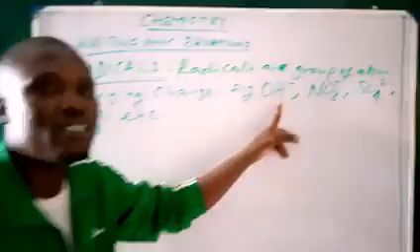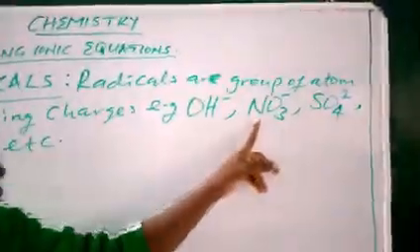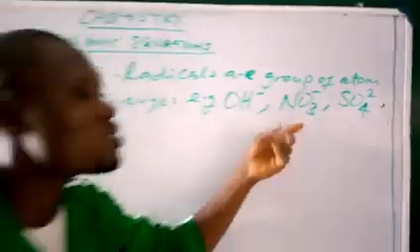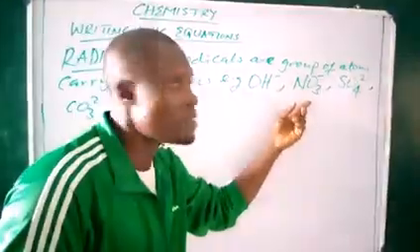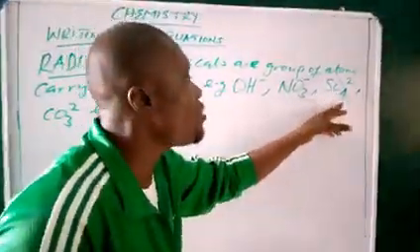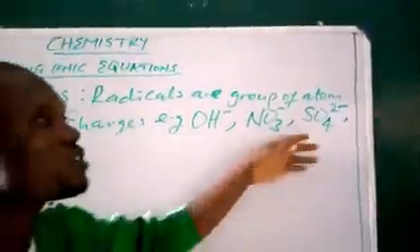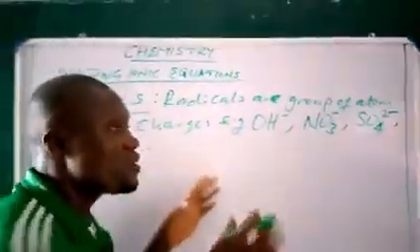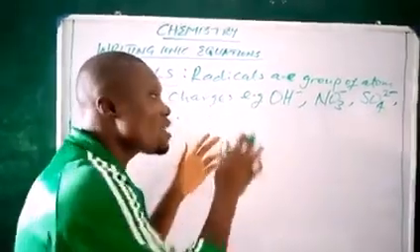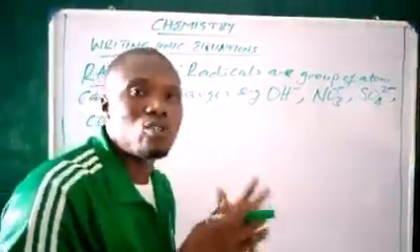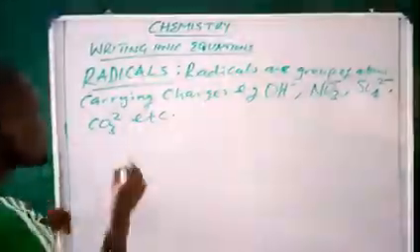That is called the hydroxide ion. Now if you also look here, this is NO3-, the trioxonitrate(V) ion. Then we also have SO4 2-. This is the tetraoxosulfate(VI) ion. This group of ions are known as radicals. These ones combine with elements to form what is known as a compound. An example of that is